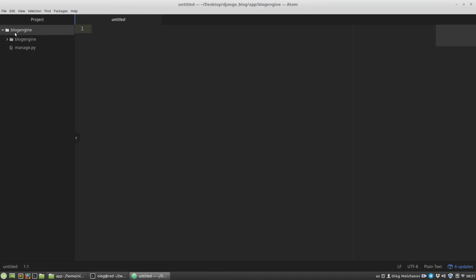The first one is the parent blogengine directory and the second one is the child directory with the same name. The parent blogengine directory is just a container for the whole project, and the child blogengine directory is a folder with the settings of the project. We can already begin to implement our project with the files and the structure that we have already at the